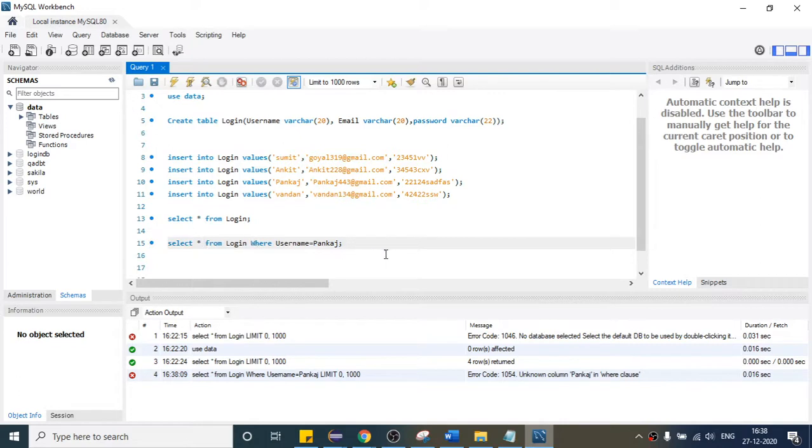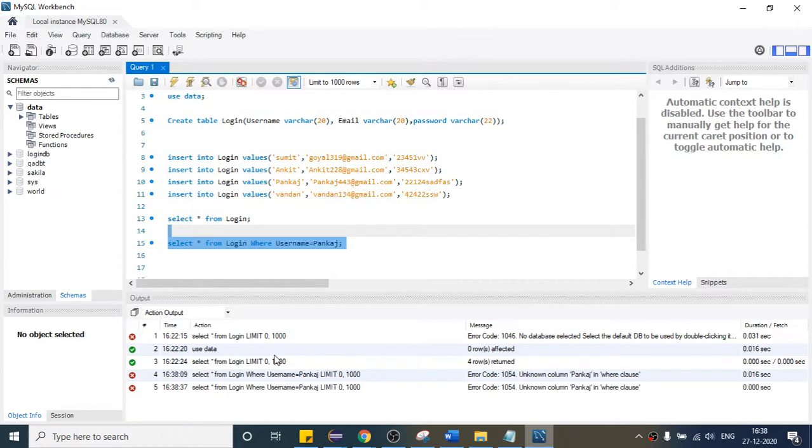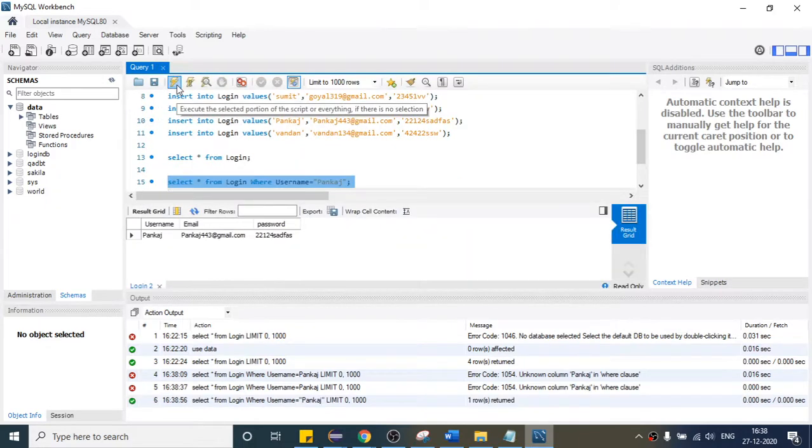Here let us execute again. Unknown column Pankaj. Okay, so I think here username equals to where on this. Okay, now it has given the result, right?